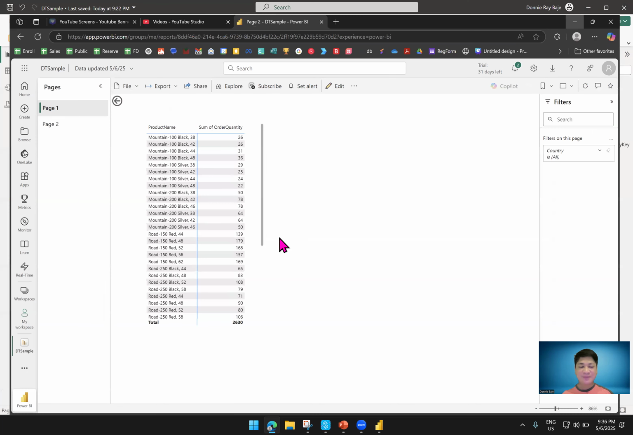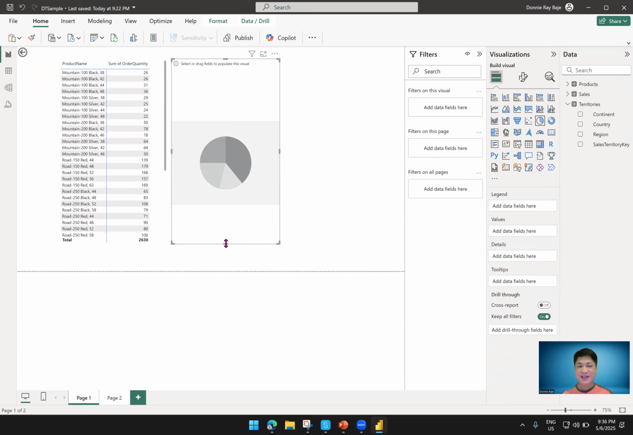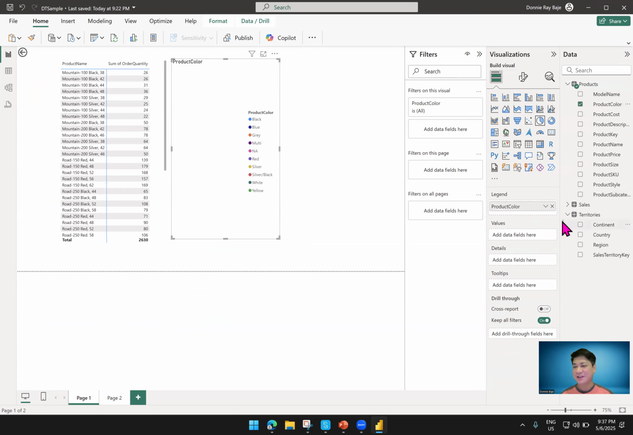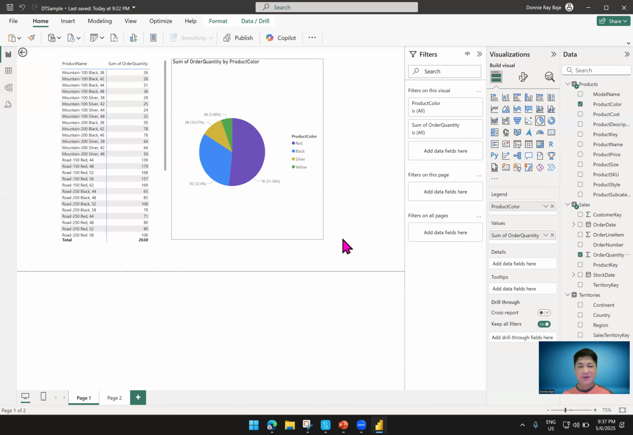So what if, for example, I go to page 1 and create another visual, this time a pie chart. For this pie chart, I'm going to put here, let's say, the product colors. I just don't have a lot of data here right now. And then I'm going to bring in order quantity for values. So I now have a pie chart,